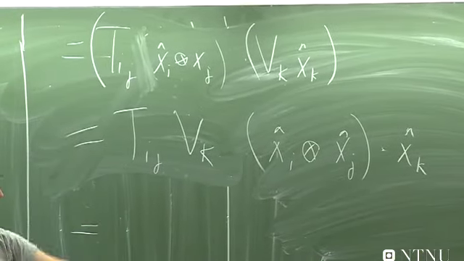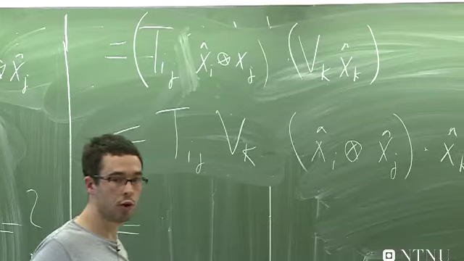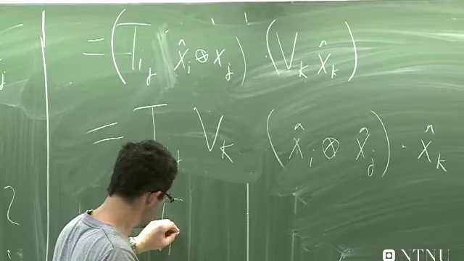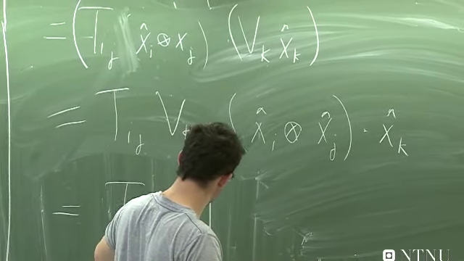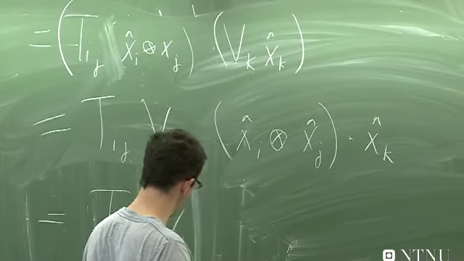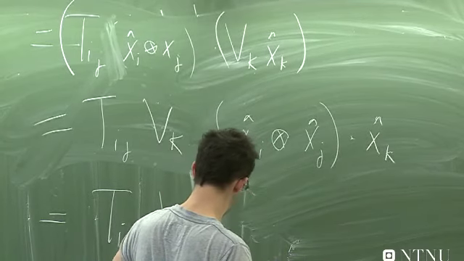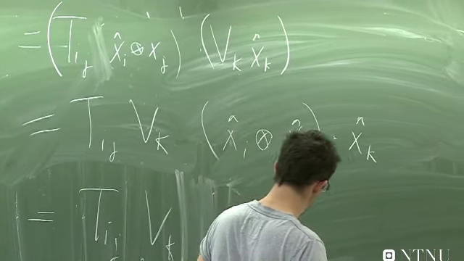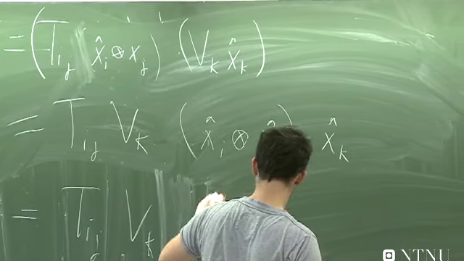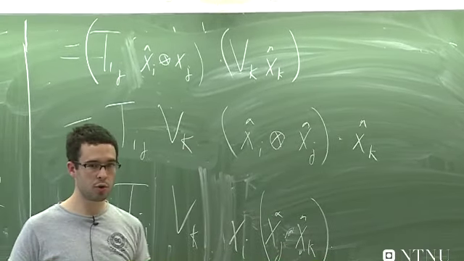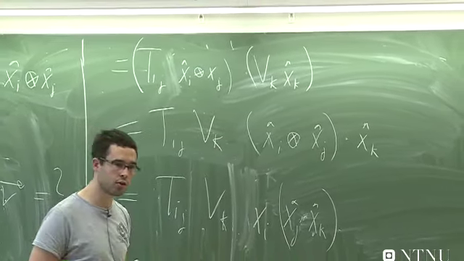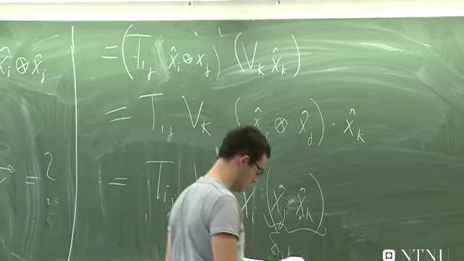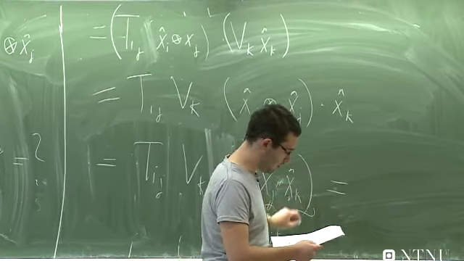And now I can use one of the tricks over there to make this a dot product, which makes this xi xj dot xk. And now as I have the dot product between unit vectors, I know that the result is just a Kronecker delta. And in the end, we end up with